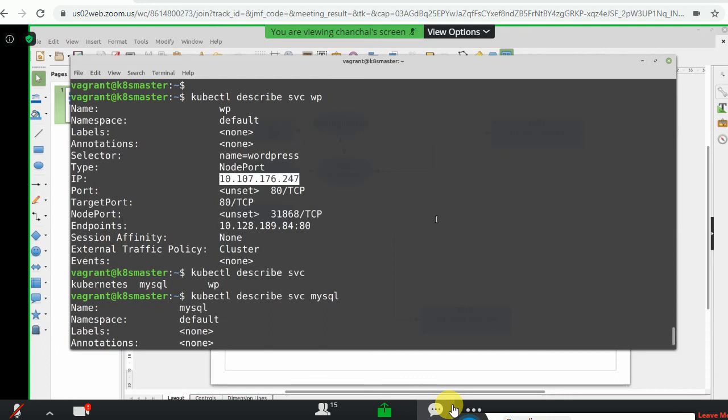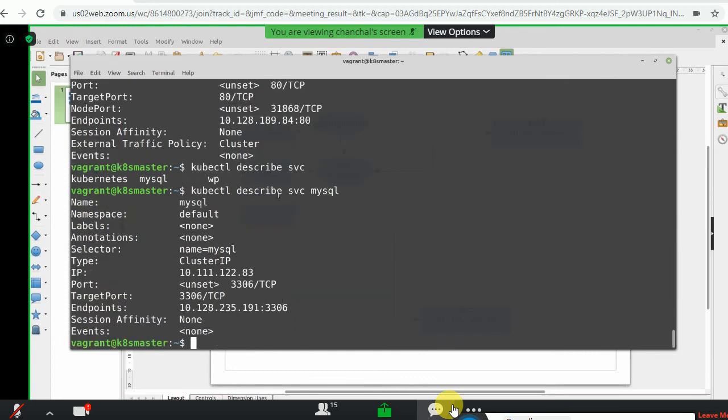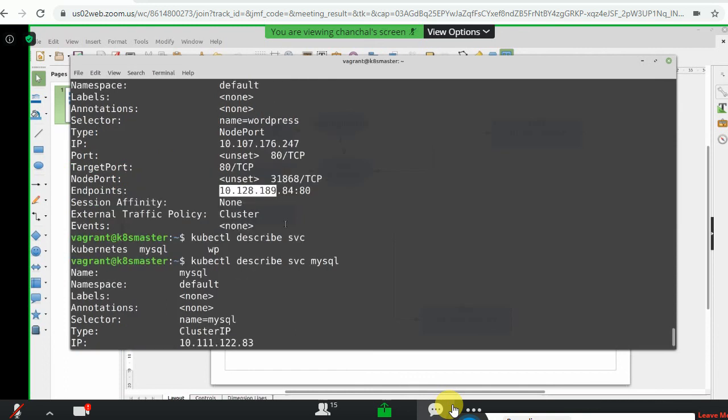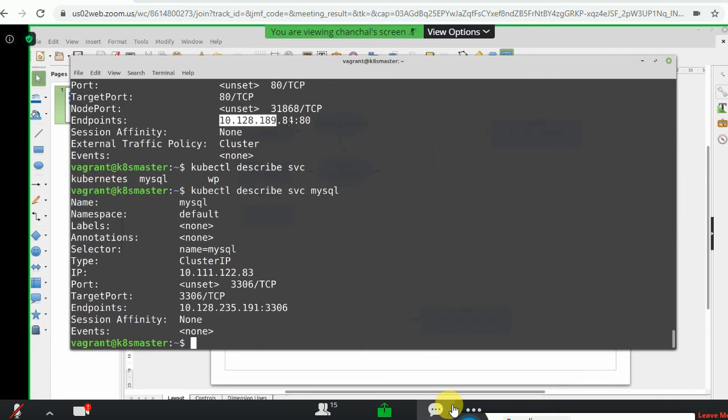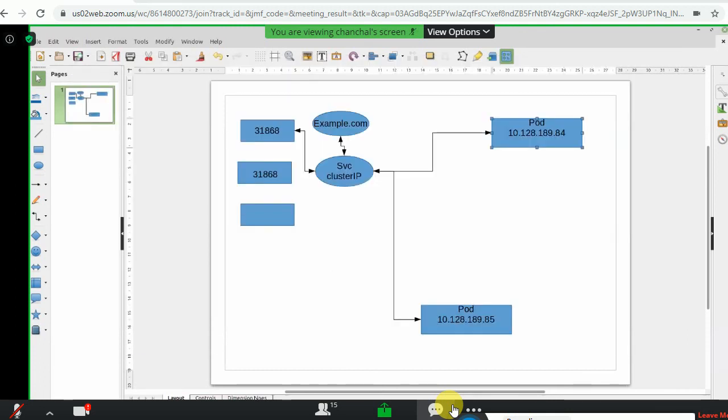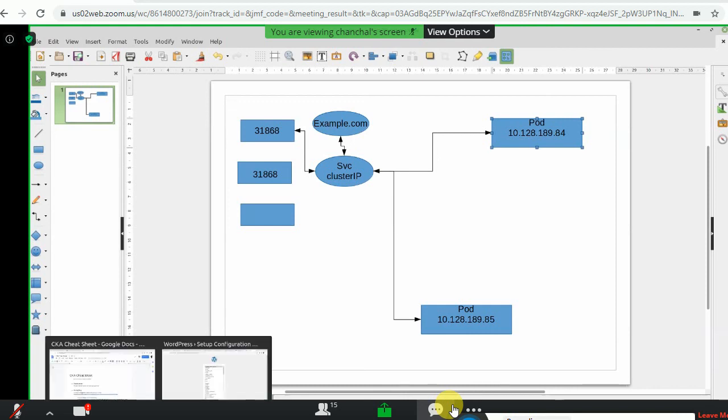Only our WordPress pod should be in a position to connect to it because they are in the same cluster. So WordPress will always be able to connect to it. It is connected to the running MySQL, because had WordPress not been connected to MySQL,